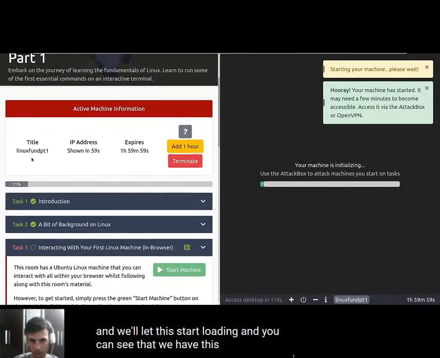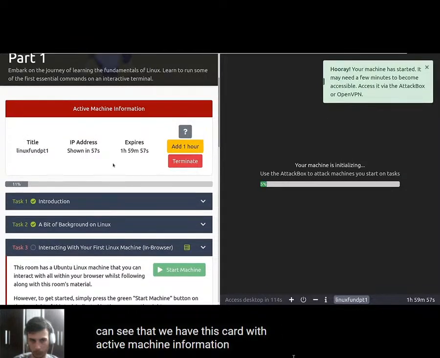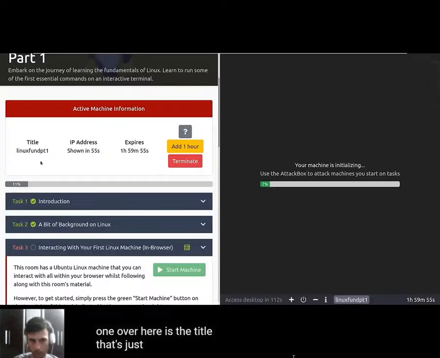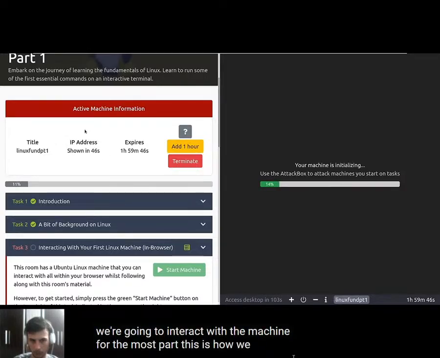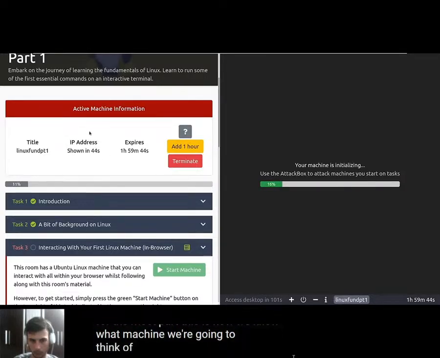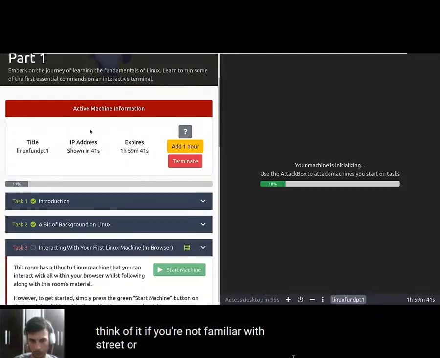And you can see that we have this card with active machine information. The first one over here is the title. That's just useful to know what's running. Don't worry too much about this. It's not very important. Then we have the IP address. This is how we're going to interact with the machine for the most part. This is how we know what machine we're going to. If you're not familiar with IP addresses, think of this as like the street address that